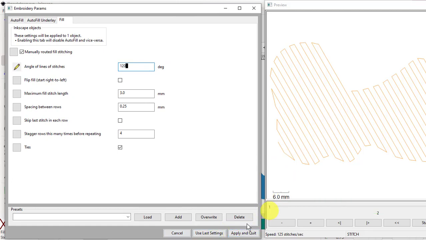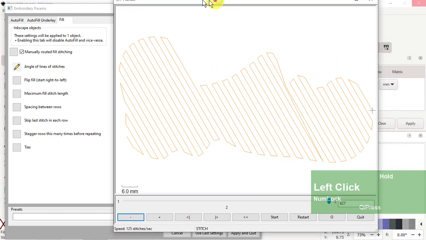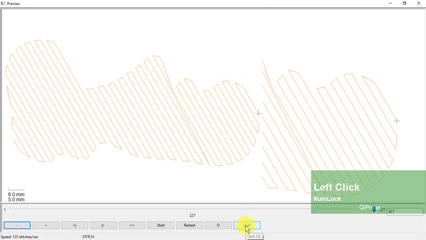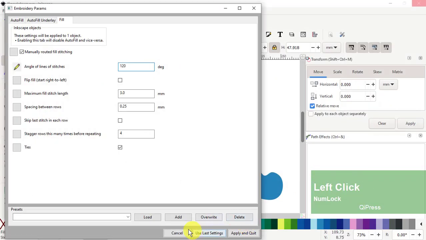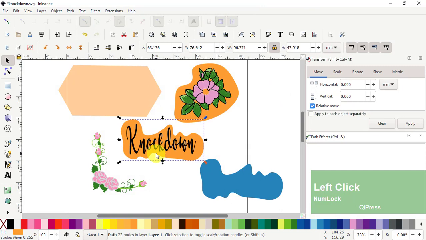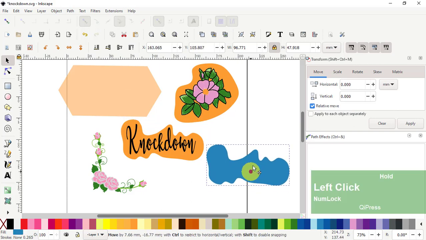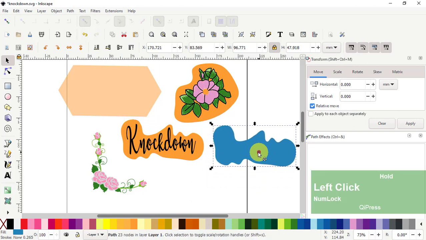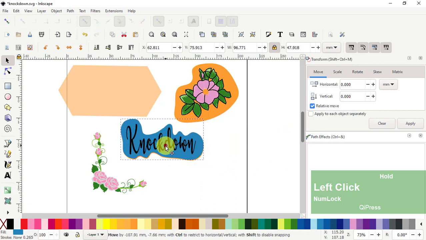It will depend on the high pile fabric you're using, depending on the length of the high pile. So sometimes you can get away with a fairly wide stitch, and sometimes you have to go with a narrower stitch in order to get the right